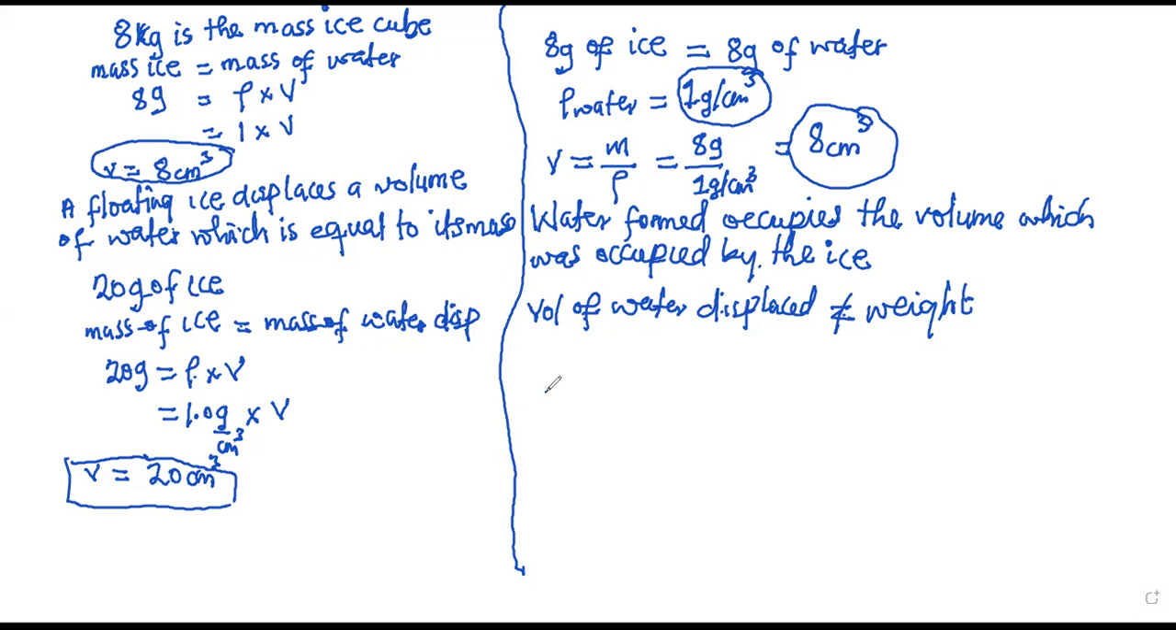Okay. All right. The second question. The second question is that a piece of aluminum with mass 1 kilogram. So the mass of aluminium is equal to 1.00 kilogram. And the density of aluminium is 2,700